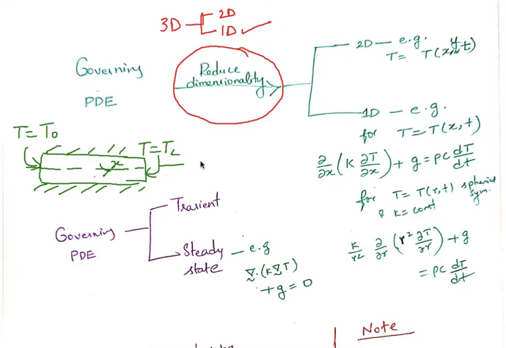In the azimuthal direction, it will not change. So I can assume that T would be only a function of x. Only along x means the boundary conditions, the domain, everything is such that the temperature in this problem is only varying as a function of x.